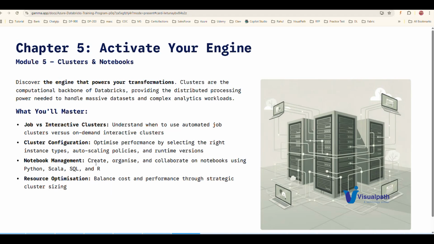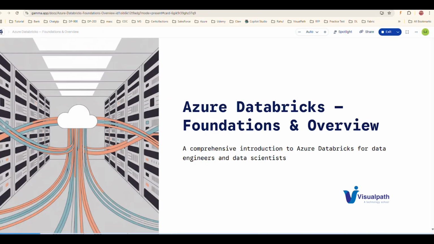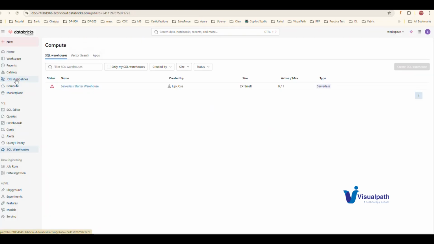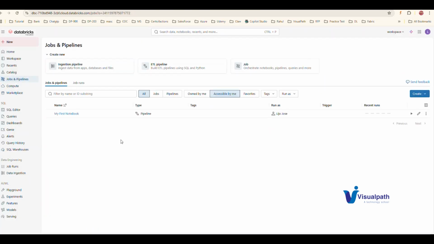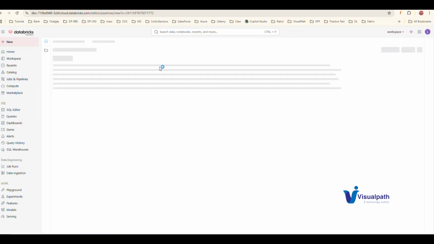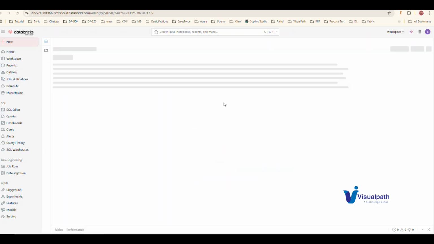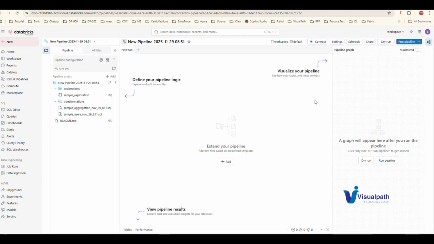And the other thing is jobs. Jobs will come under this. We have jobs and pipelines. Jobs means some sort of task we have to convert, like extract, transform, and load. I'm just doing it with the sample code, so we can start different pipeline logics. We can add the transformation here and the utilities here. Like that, we can set up a pipeline. A pipeline is nothing but a transformation from one area to another area.